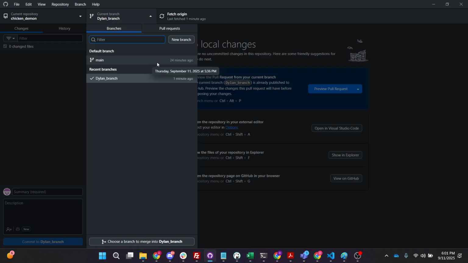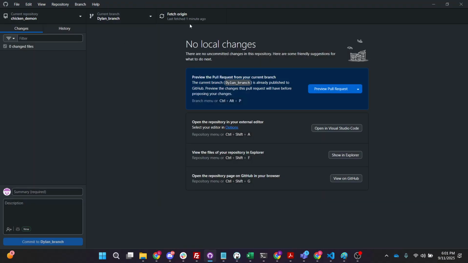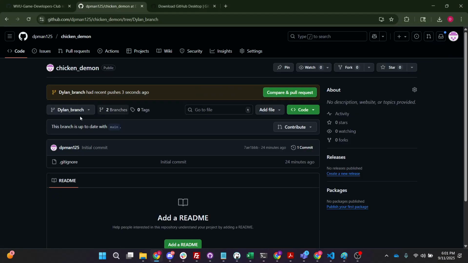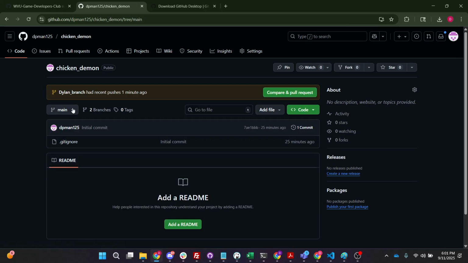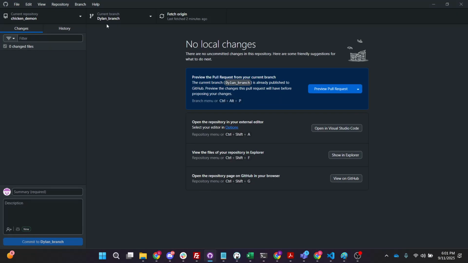And you do that by making multiple backups and branches and stuff like that. All right, so now you can see evidence of this on GitHub.com, because now look, my branch has the README text and .gitignore, but main doesn't have that yet. Even though I copied it, this is a different branch, so it doesn't have the changes that I made. If I want to add those changes to main, like let's say I'm comfortable, I don't think there are going to be any merge conflicts, then what you can do is